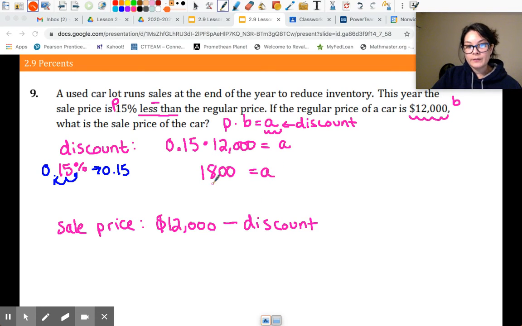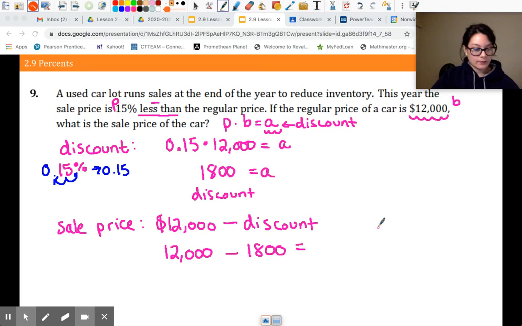So again, this is the amount of discount that we just found. This is not the sale price. This is how much we're saving, right? So the sale price is 15% less than the regular price. So we're taking this amount of discount and we're subtracting it from the original price, and that's the actual sale price. So to find my sale price, I'm going to take 12,000, subtract that 1,800, and that's going to tell me that the sale price of the car